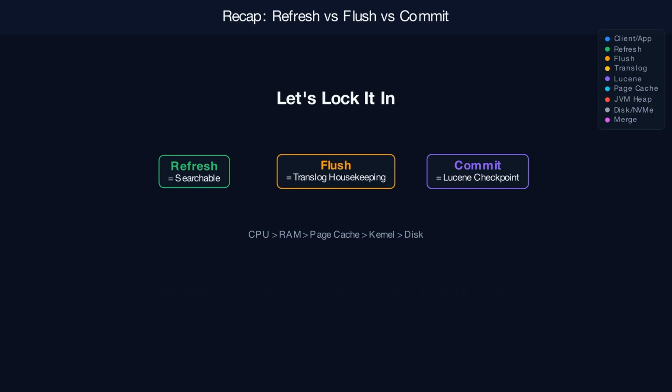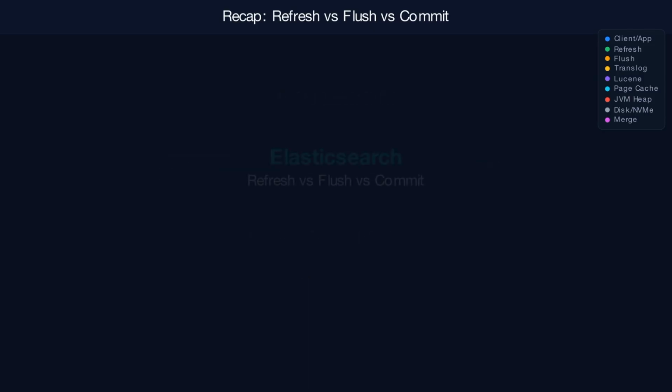Every layer matters. And the biggest production mistake? Forcing visibility too aggressively and accidentally creating tiny segment merge storms that crush your cluster. Refresh is not flush. Flush is not commit. Understand the layers. Tune the right